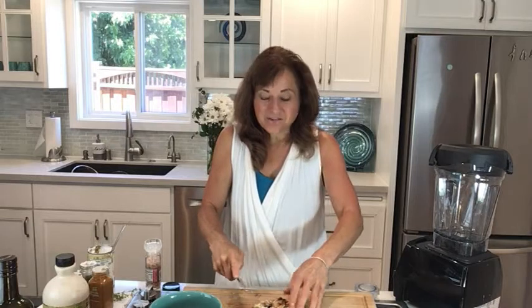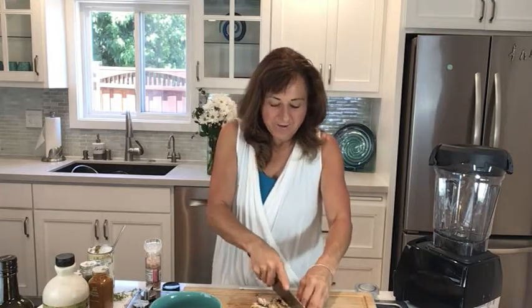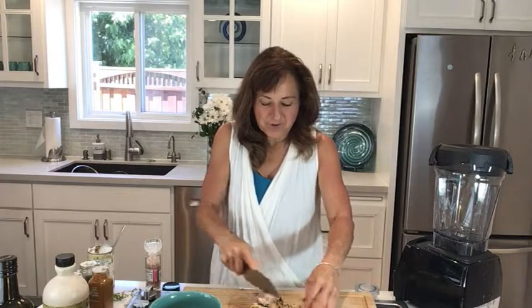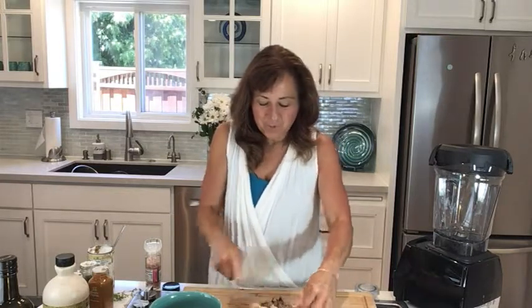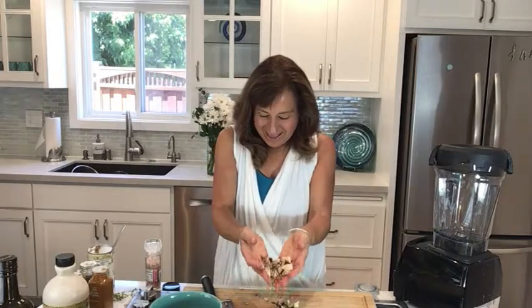And did you see what I just did? I had it sliced one way, then I turned the chicken around the opposite way. So horizontal and vertical, and I've got some great chopped chicken for you. There you go. And we would normally put this on some rolled lettuce, like lettuce leaves, but instead today I